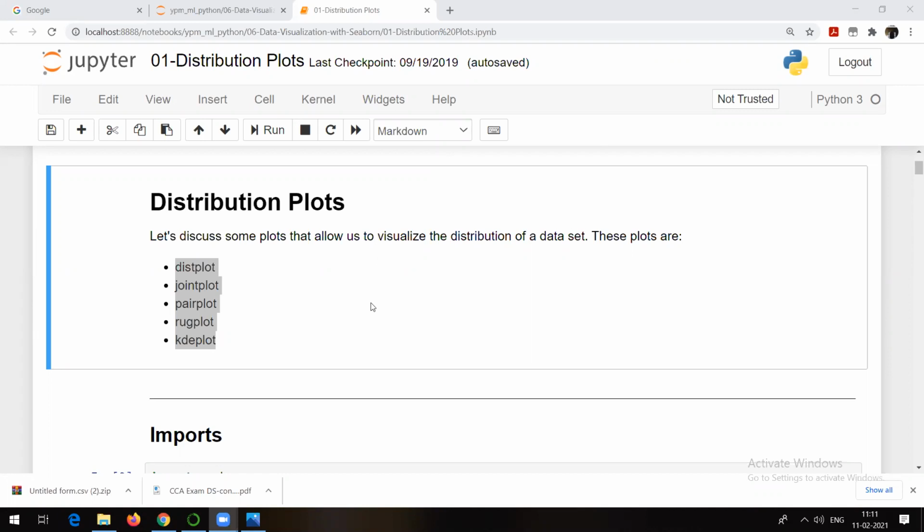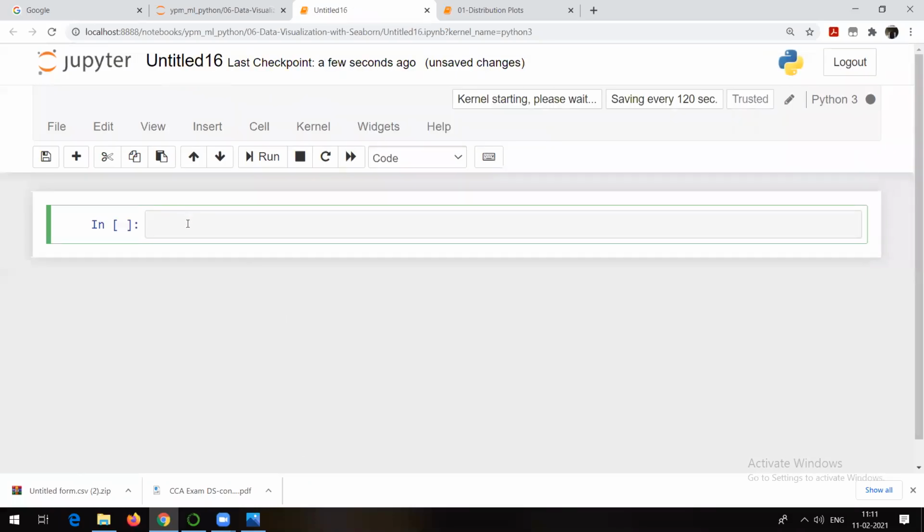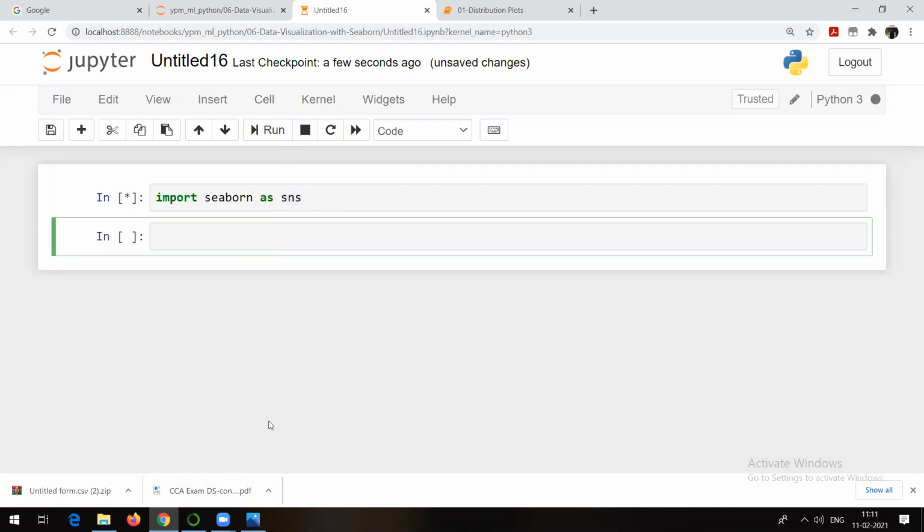Now as usual, as we want to work with Seaborn package, let me show you all the things in a new notebook. So first step, as usual, is going to be import. So import seaborn as sns. It's a standard practice; we make use of this particular alias, or a short name, for Seaborn. As it's already installed, I can directly run this particular command: import seaborn as sns.